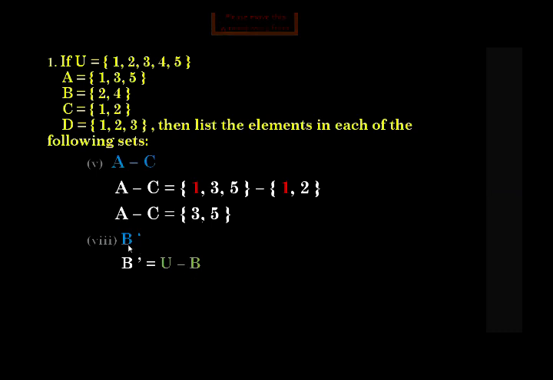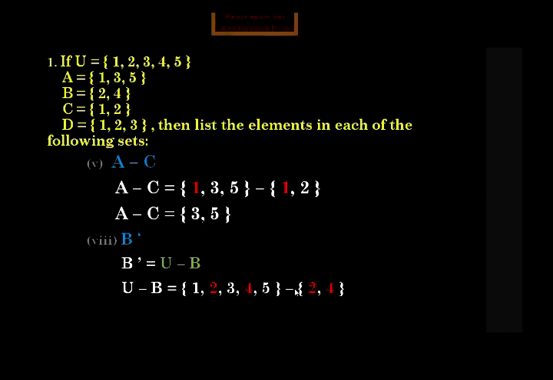Let's suppose we have A complement. So what is the formula? U minus A. We have B complement, so the formula changes into U minus B. It depends on the set, whether it is A, B, C, D. Whatever it is, we will use that set. So U minus B means that first we have to write the elements of U. It is present in the question. Here this is the universal set and these are the elements of the universal set. So first we will write the elements of U, that is the universal set, 1, 2, 3, 4 and 5.